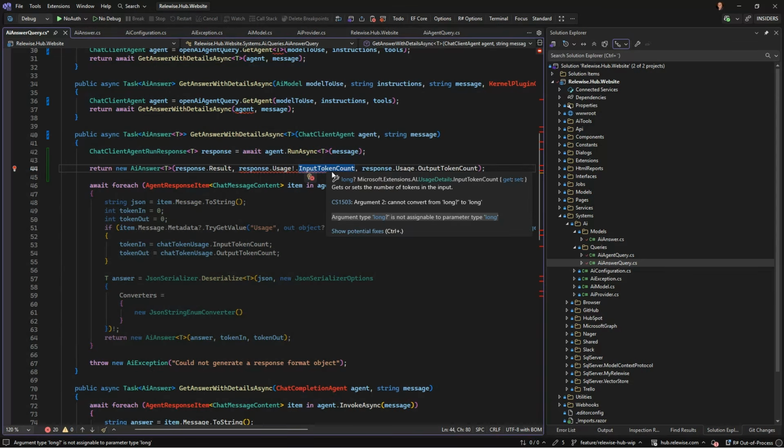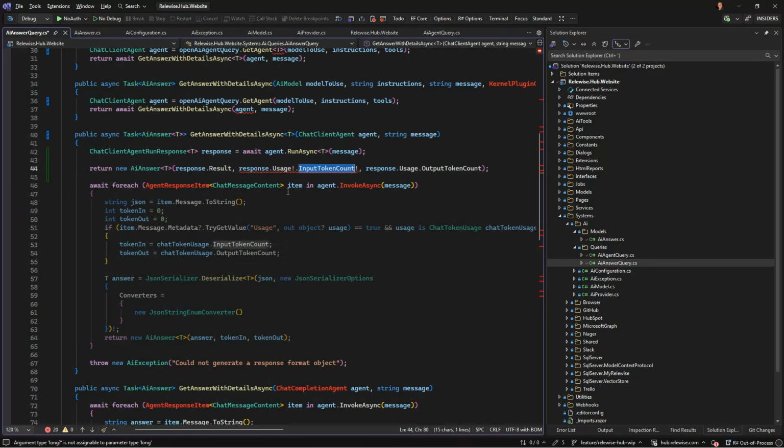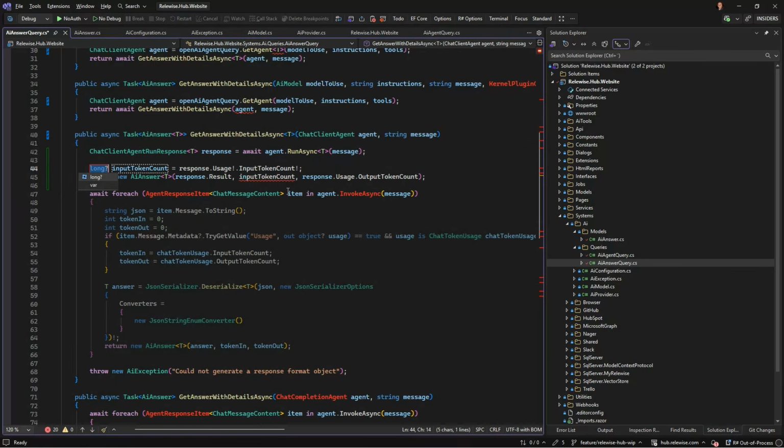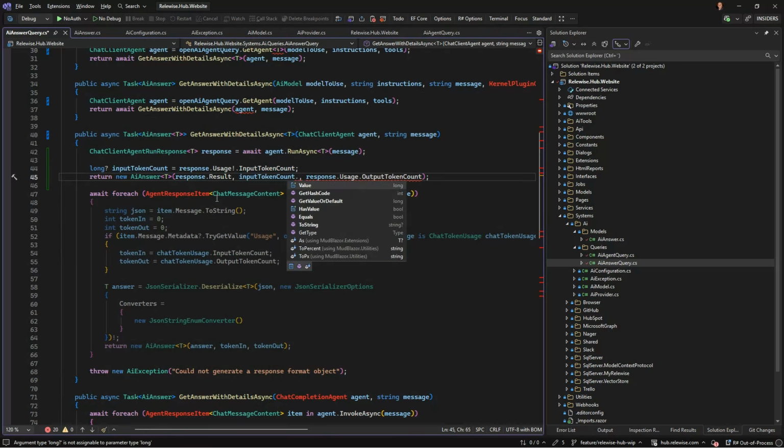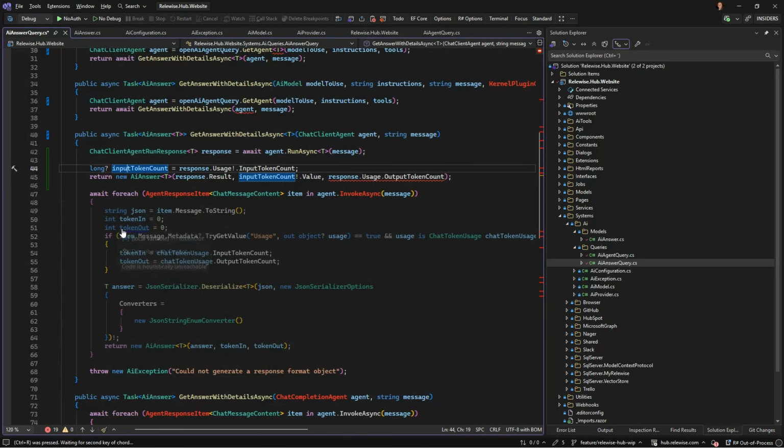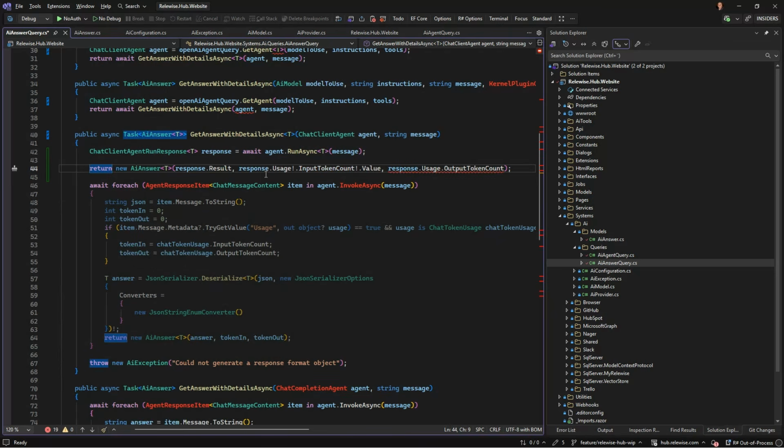So what's the problem here? It's just a long. Why can't I just get rid of it? Oh, it's just a dot value, of course. There we go.